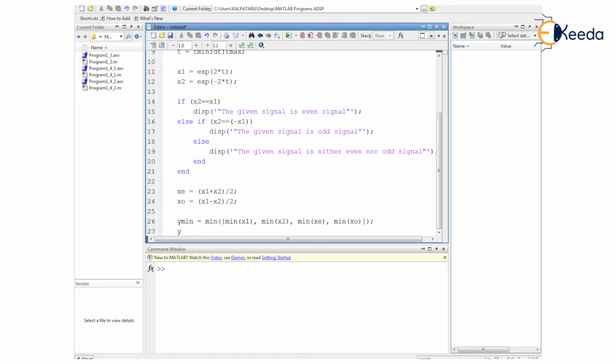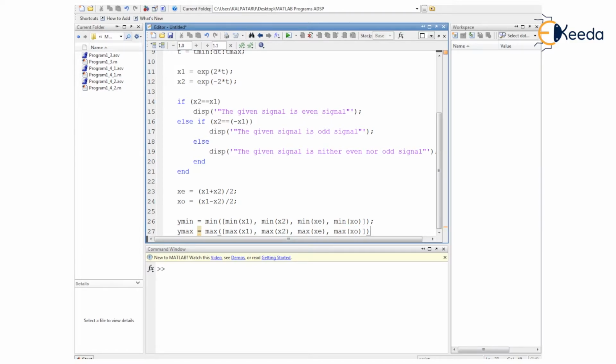As we have ymin, we also require ymax to be defined, which is just the max function. Within the parentheses we again have square brackets with four elements: max of x1, comma, max of x2, comma, max of xe as the input argument, and lastly the max of xo.